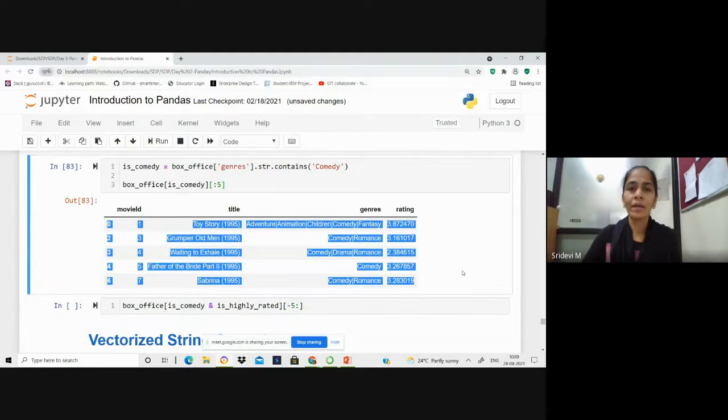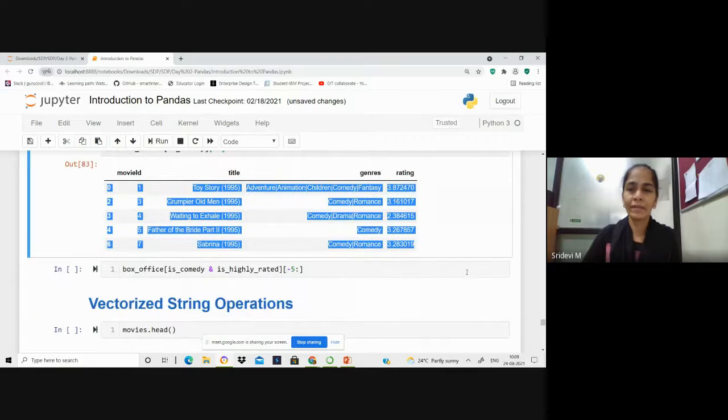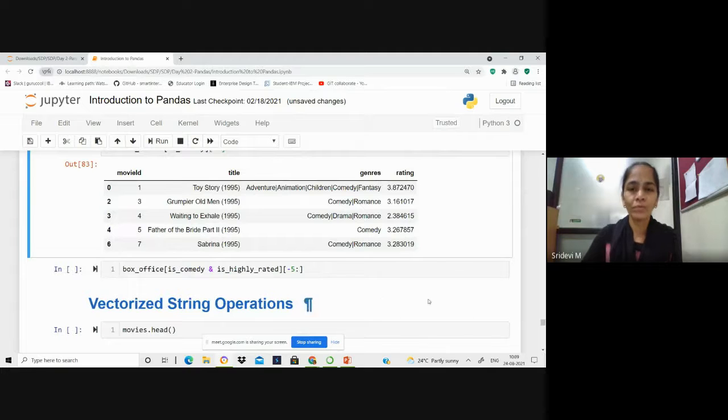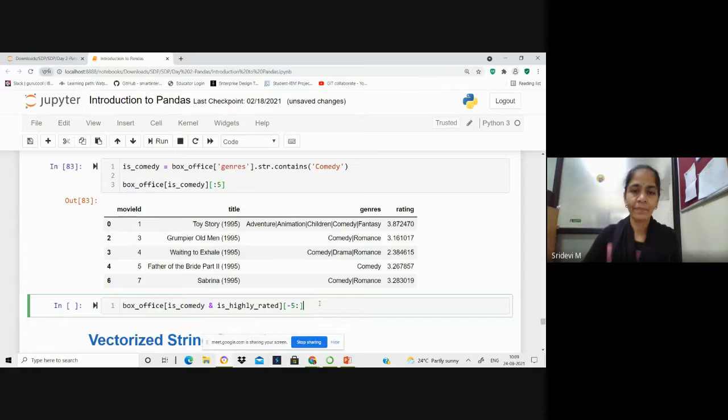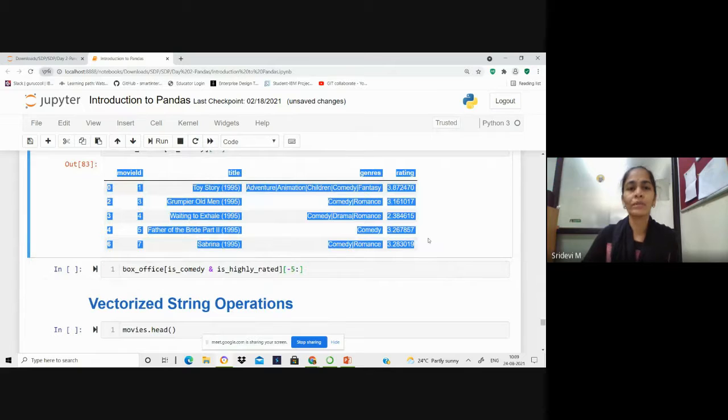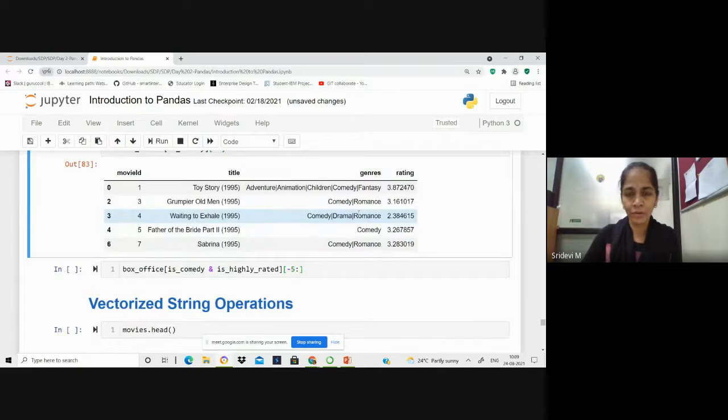So these are highly rated movies which we can prefer to watch. Now, these are not all highly rated movies, but these are average rating details we get. We haven't yet applied the other filter, highly rated. We just got the details of the movies with the comedy genre and their average ratings.